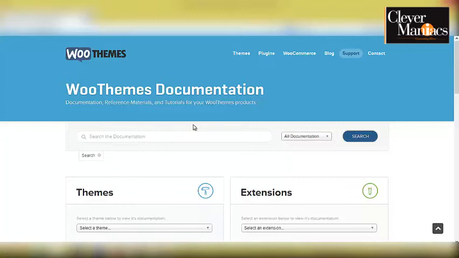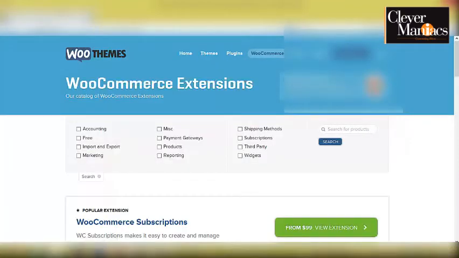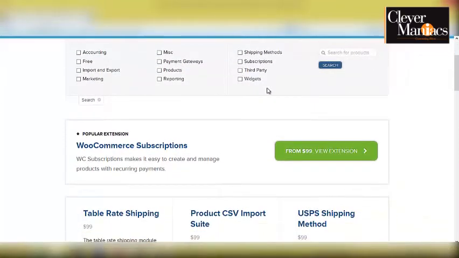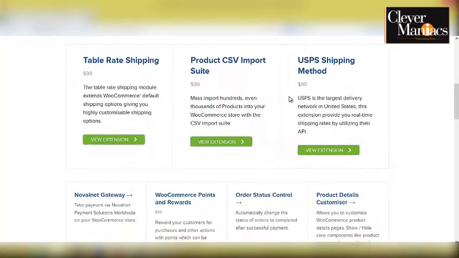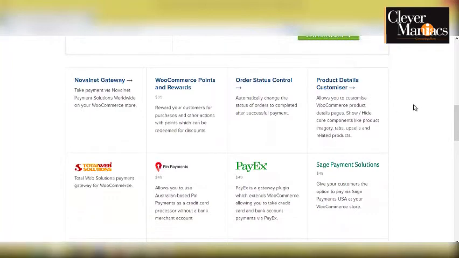Now, earlier in the video, I'd mentioned extensions. So there are extensions that you can purchase here. This is obviously part of the business model that WooThemes have, is selling extensions. They give away the plugin, but they can sell extensions. You actually don't have to necessarily purchase extensions from WooCommerce. There are other places where you can purchase WooCommerce extensions, but there are quite a few here on the website,